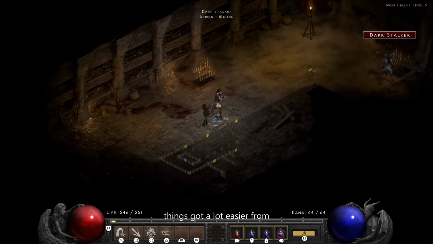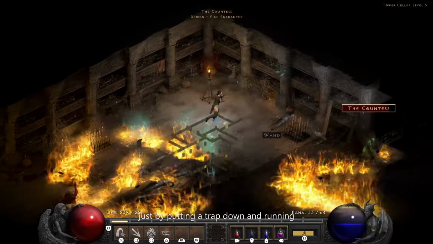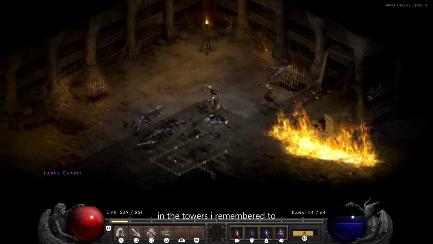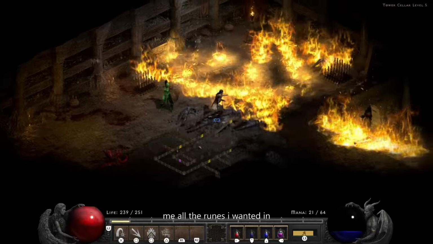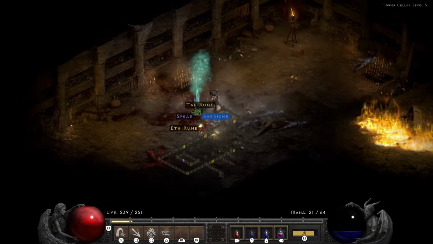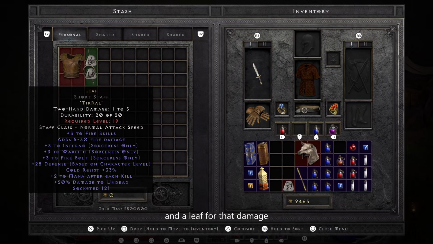Things got a lot easier from there as passive XP started flying in from me just by putting a trap down and running. I didn't need to do much of that in the tower, as I remembered to put the players down to 1 while facing the Countess, and so she gave me all the runes I wanted in 2 runs. To be fair, I didn't ask for much, just a Stealth to run faster and a Leaf for that